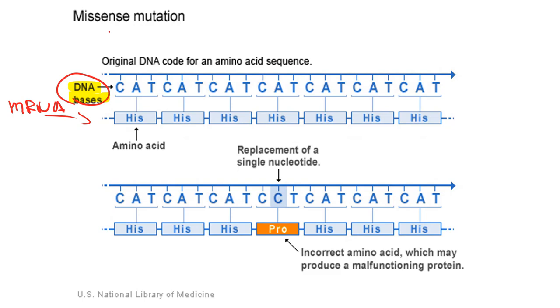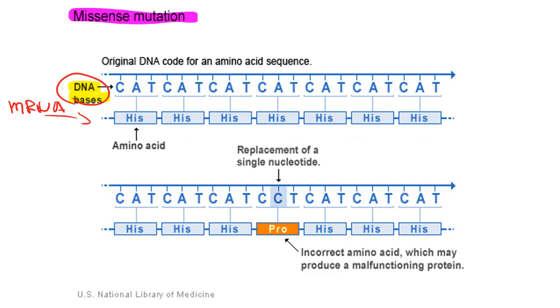Okay, so this part here is called a missense mutation. What missense means is that it makes a mistake. It transforms one amino acid into another. Okay, so let's look at something very simple here. We have these